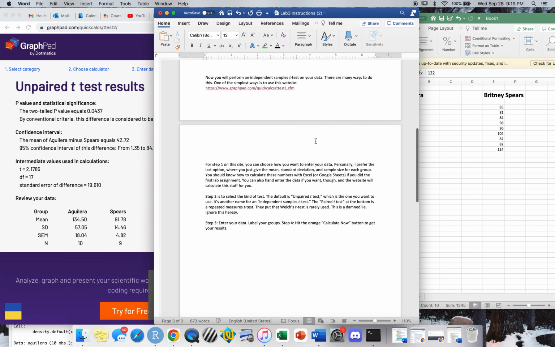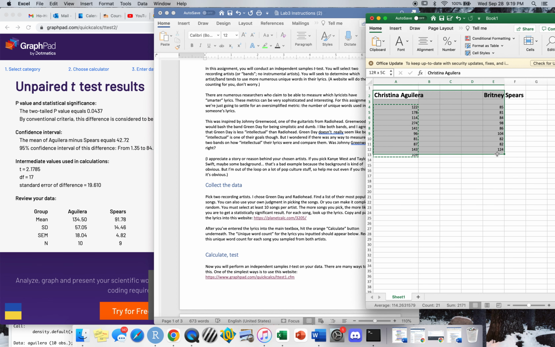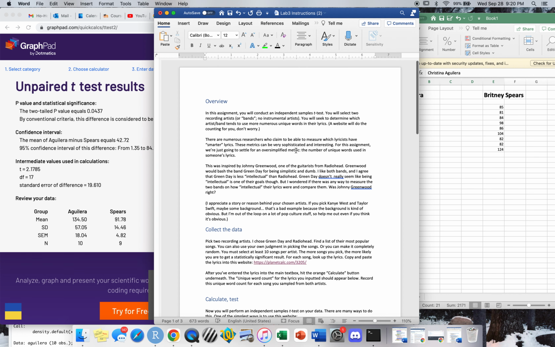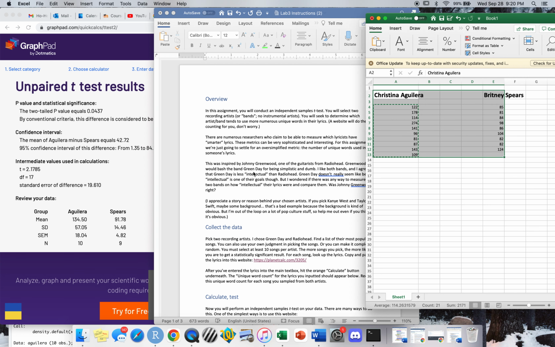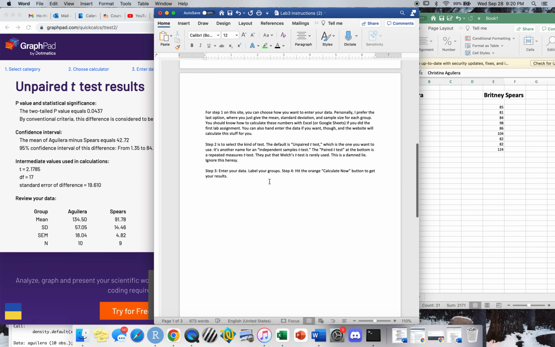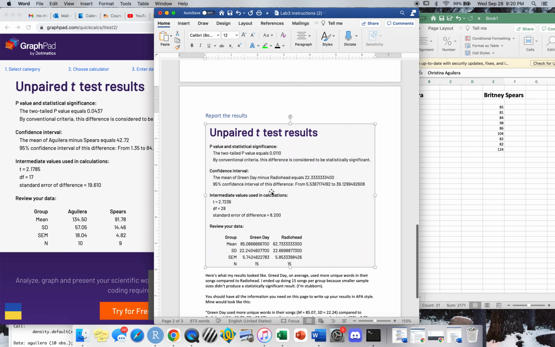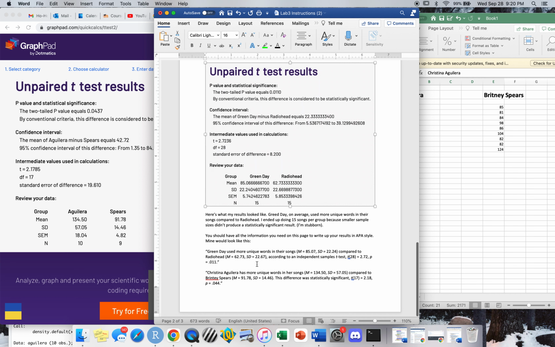So make sure you're required to have your data on display. I need to be able to see your numbers so that I could theoretically go plug them in myself. So when you turn this in, have your numbers, songs, numbers, which artist they came from. I say in the intro that I wouldn't mind an explanation for why you chose the two people you did. That's not required though. So yeah, have your data. Go ahead and take a screenshot of the results so I can see that you just took them